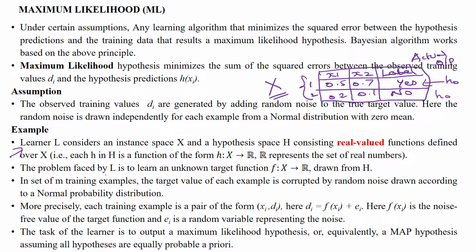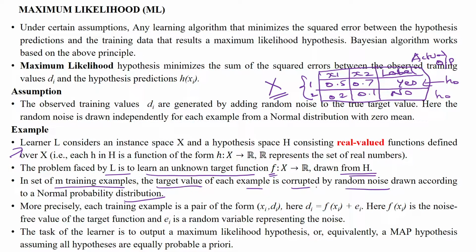The problem faced by learner L is to learn the unknown target function, represented with F. So we are going to calculate the hypothesis for the unknown target function, drawn from the hypothesis space capital H. If there are m training samples, the target value for each training sample is corrupted by random noise, which is drawn according to the normal probability distribution. So because our data samples have noise,